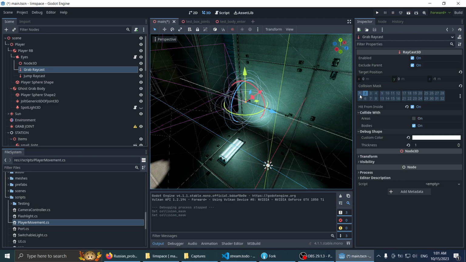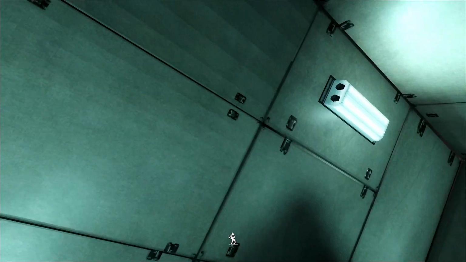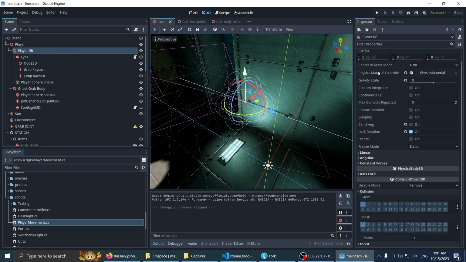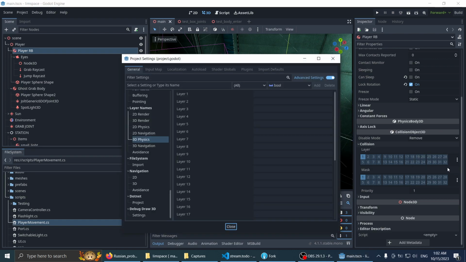Okay, what about using the second mask? Yeah, this doesn't work. Strange. Okay. So, edit layer names. 3D physics. Is there a way